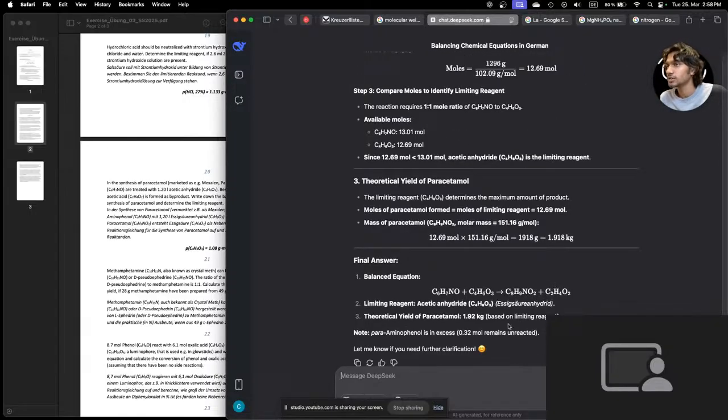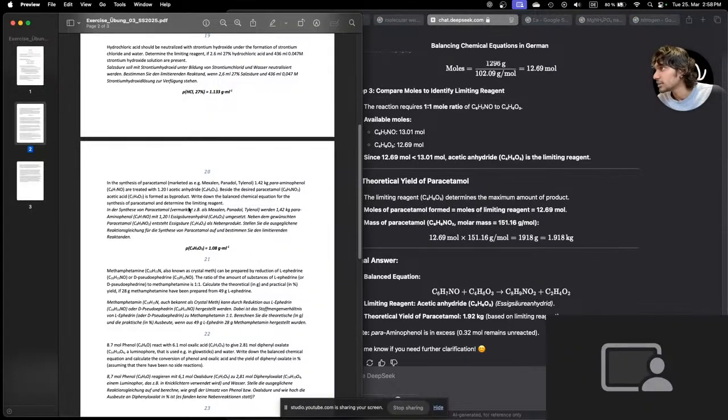Theoretical yield of paracetamol. Do I have to find it though? And determine the limiting reagent. I do not have to find the amount of paracetamol that is formed, but 12.7 moles of paracetamol will be formed, and converting that to the mass, it's 1.9 kilograms of paracetamol